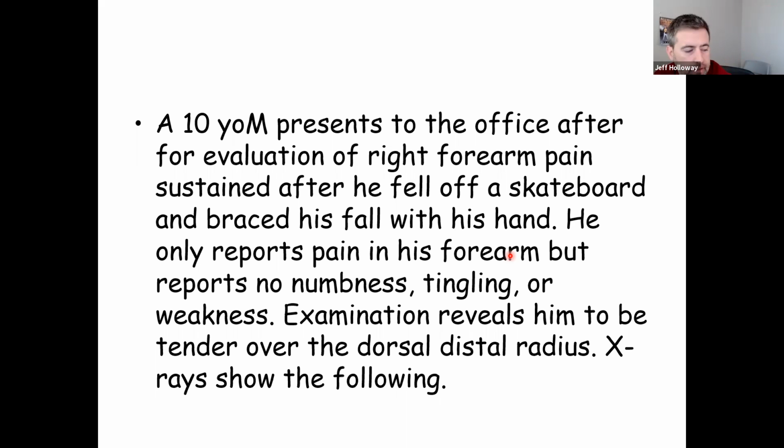How about a scaphoid fracture? Yep, perfect. So don't forget about those. That's where, again, your physical exam would help you look more into that. Is it tender over the snuffbox? Is there pain with moving his thumb? So a scaphoid fracture is, again, one of those common ones that I didn't even include in here